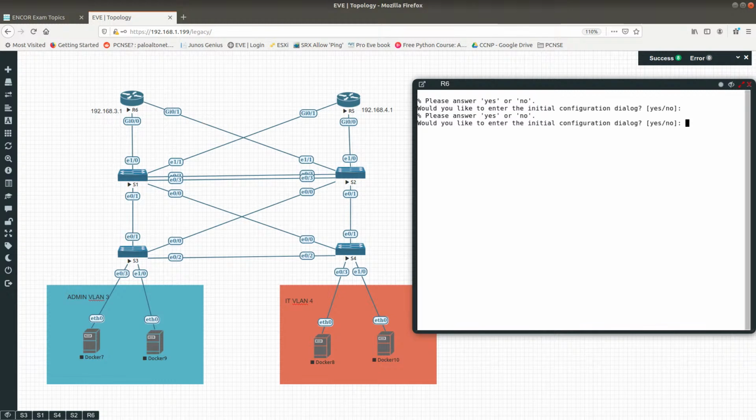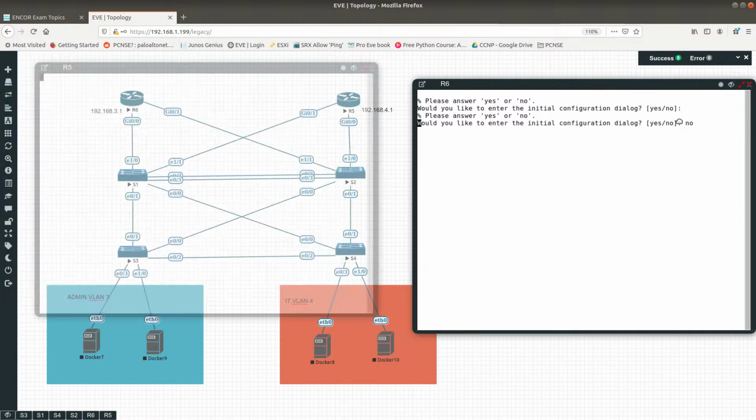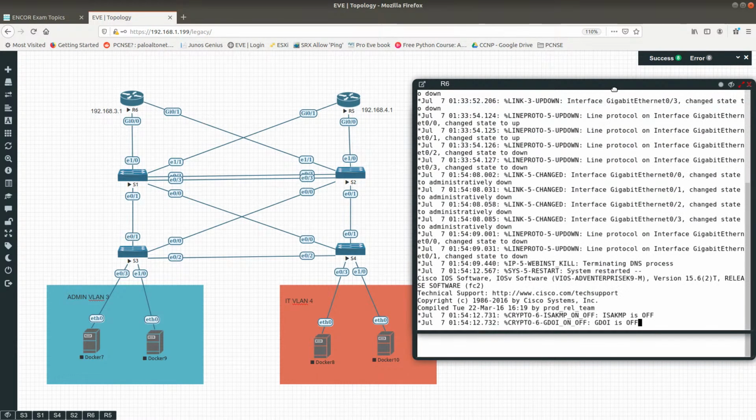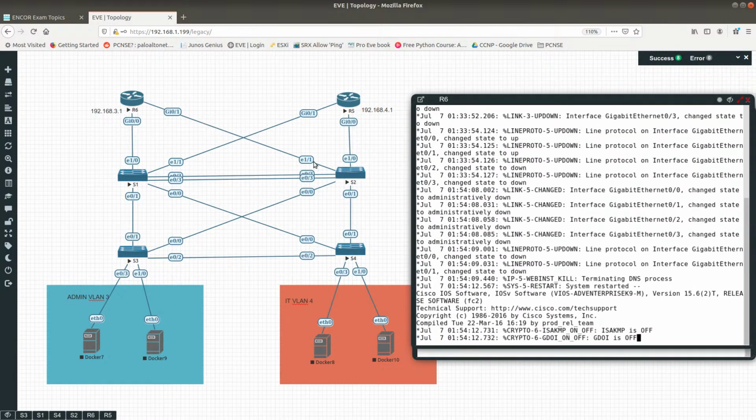Okay, let's just say no. Let's go ahead and open R5 as well. Let's say no. So I gotta think how I'm going to do this. So we are going to be doing basically a router on a stick,